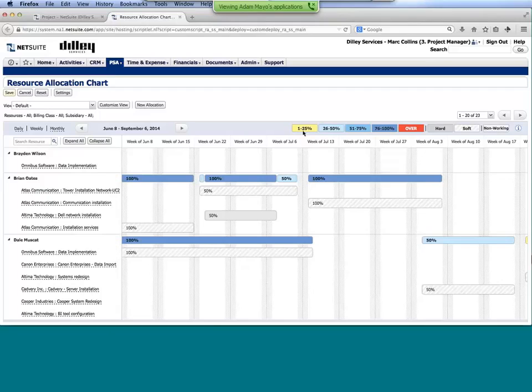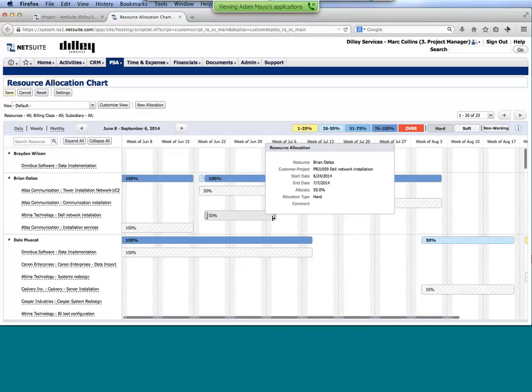You'll notice there's color coding up on the top. So if someone is 1 to 25%, that's shaded in yellow where they're on the bench. We want to know that. And then as we progress along, we're able to see when they're fully potentially scheduled to be utilized versus where they might be over and where we might have potential scheduling conflicts at that point.